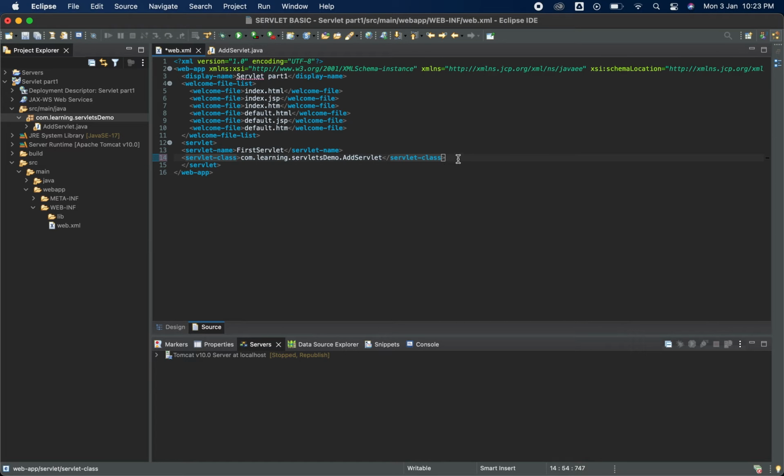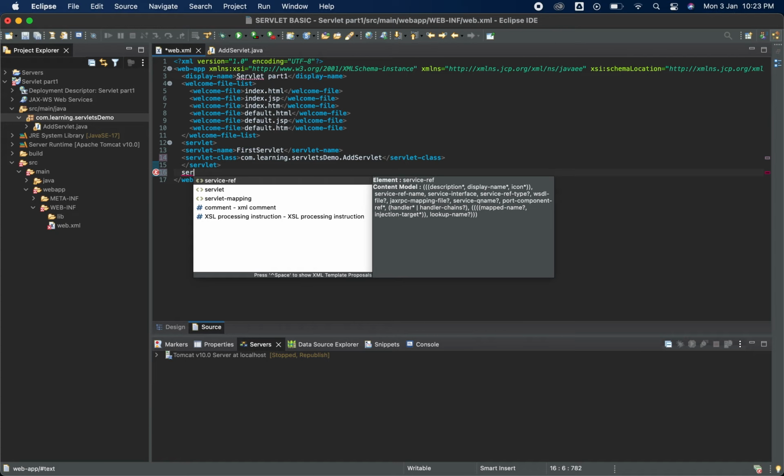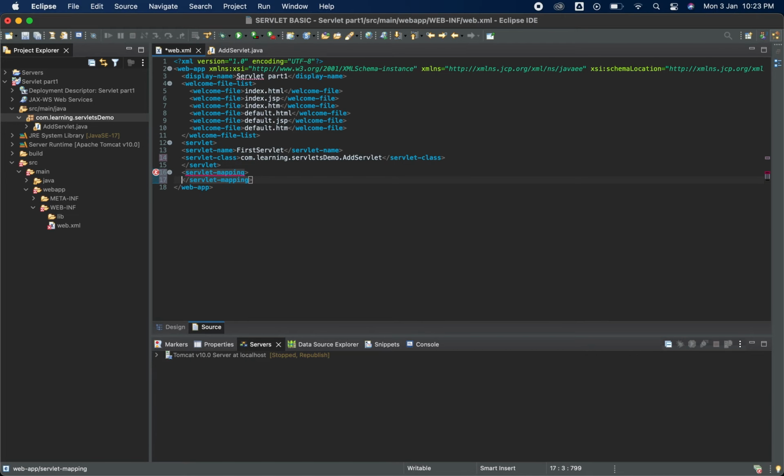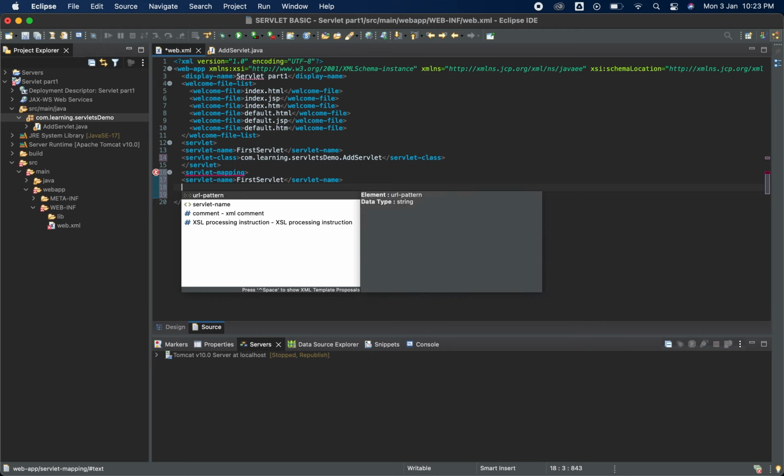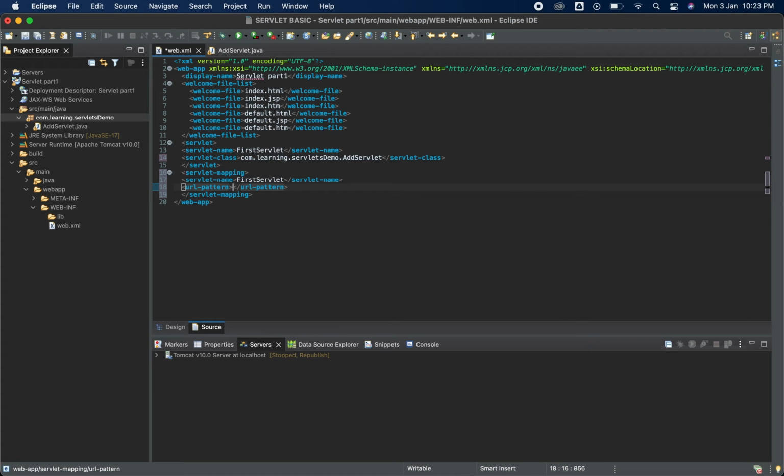Looks good. Now what we have to do is the servlet mapping. Again we have to give the servlet name. We'll copy this and paste it here, and then in here we have to give the URL pattern, which is what exactly the user will type after the localhost.